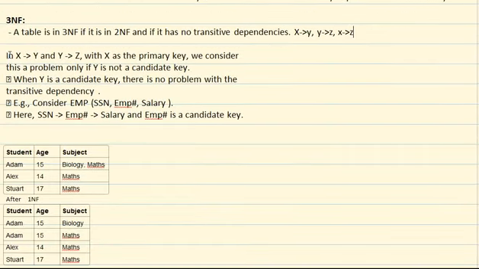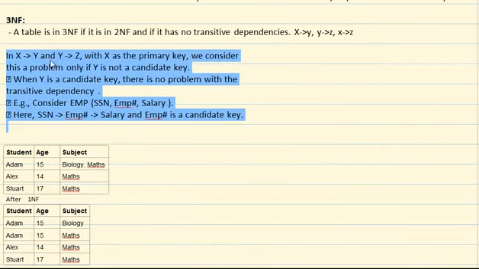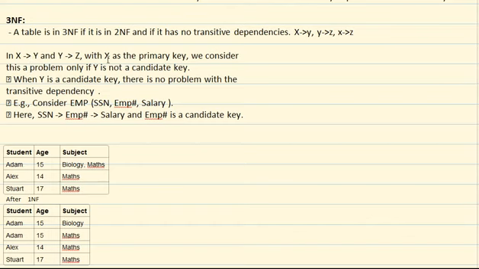All right. Also, one note about 3NF is that if X determines Y and Y determines Z, with X as the primary key, we consider this a problem only if Y is not a candidate key. If Y is a candidate key, means if it's some sort of a key, then there is no problem with the transitive dependency, and it is essentially in 3NF. But if the Y attribute is not a candidate key, it is a normal non-prime attribute, then it has to be separated out by 3NF normalization,